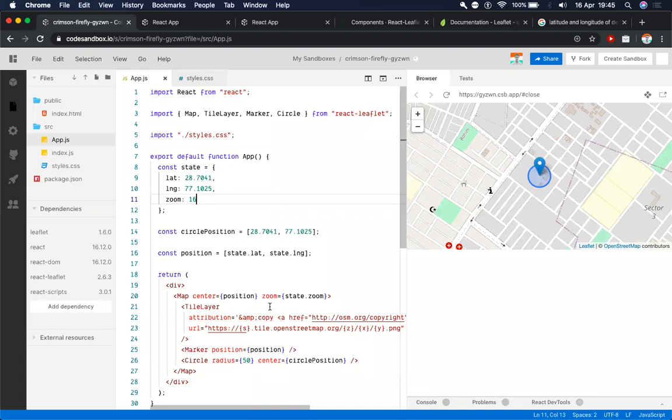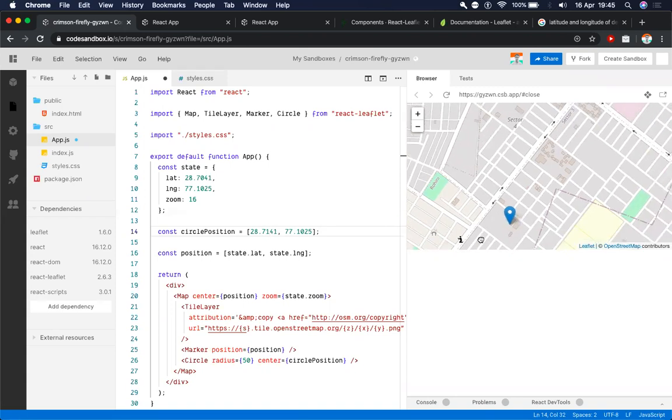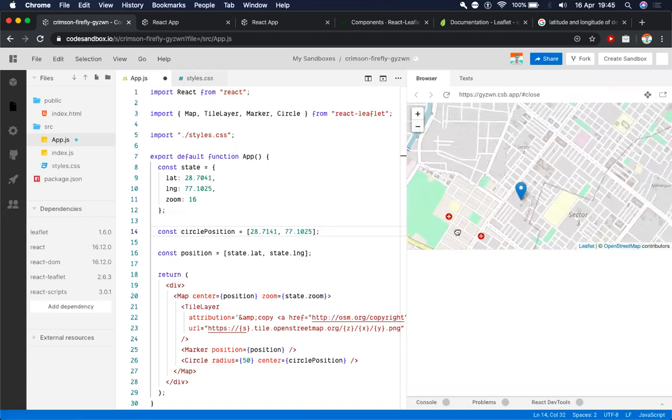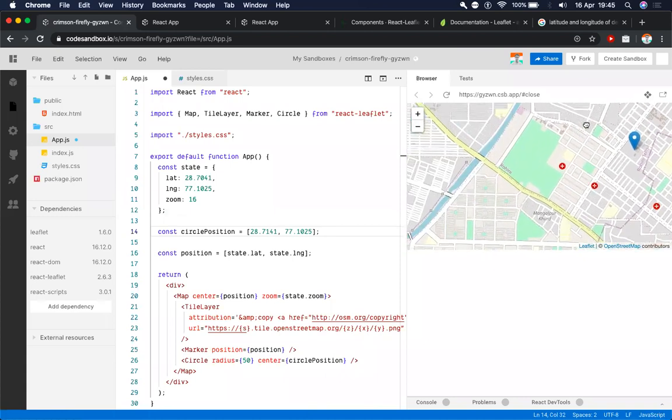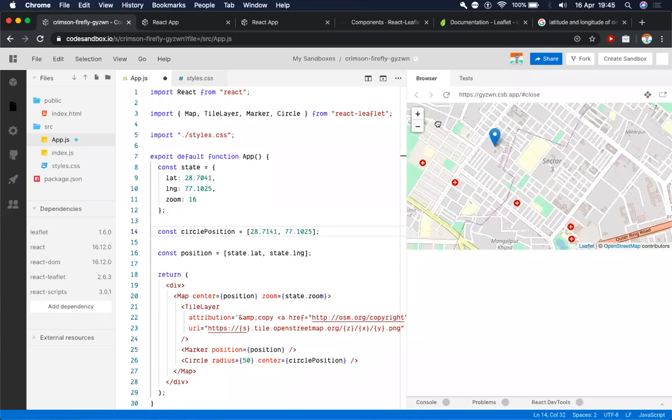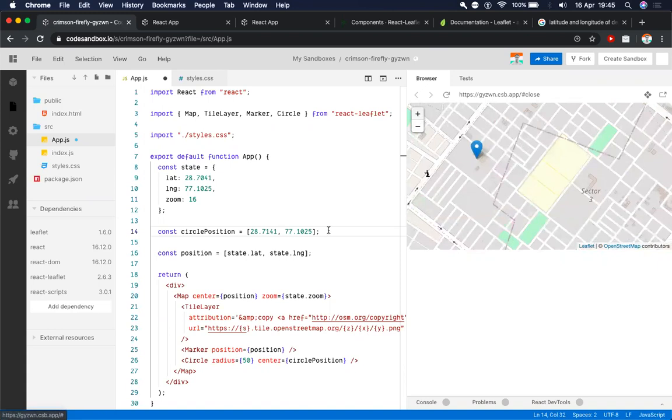Okay, cool. So the next thing we can do is move the circle a bit away from the user's position. You see that I changed this from 0.70 to 0.71 and our circle jumped somewhere else. This is because latitude and longitude are actually pretty sensitive, and even for smaller values, the change that we see on our page can be pretty large. So for now, I'll just keep this 7041 here.